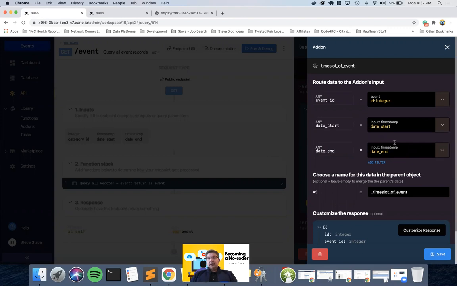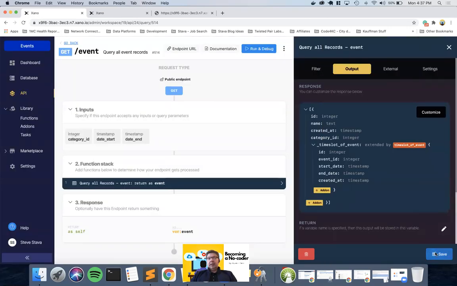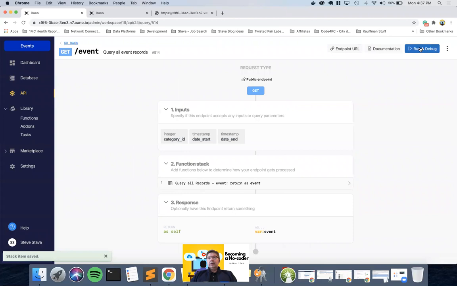But Xano is really good at, when you have a matching variable name, matching them up for you. So it set up this input field for me automatically, but I wasn't smart enough to come in and save it and say that that's what I wanted. So now it's saved,